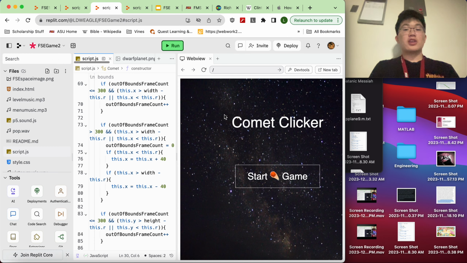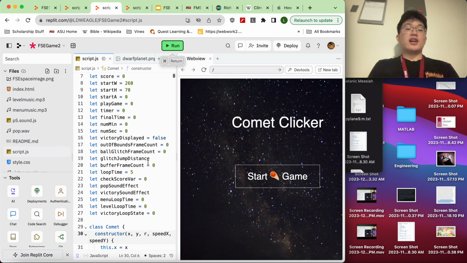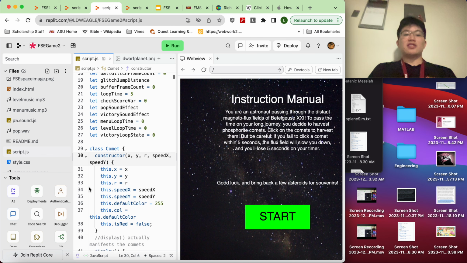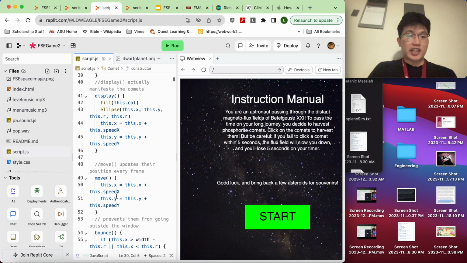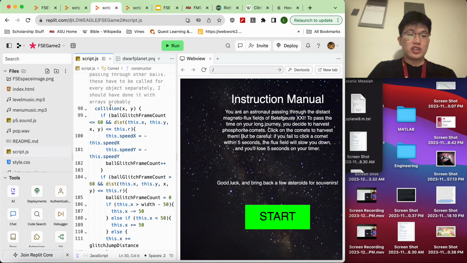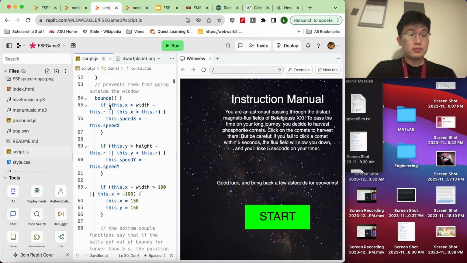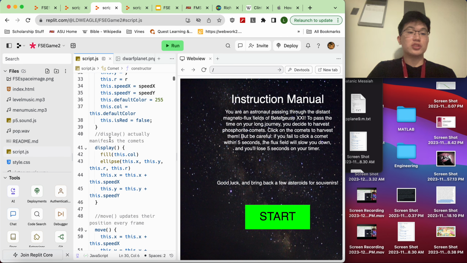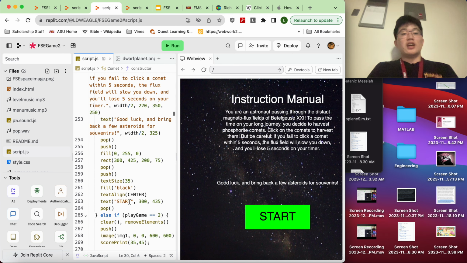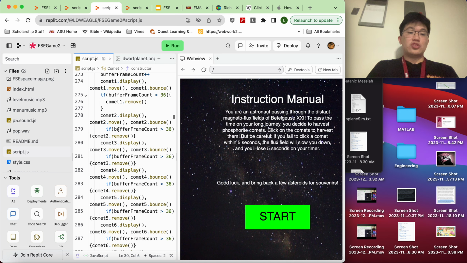Game 2, coded by me and Divyesh. It's based around object-oriented programming, in which objects of the Comet class are manifested, and then they bounce off each other, and that's how it works. So you'll see here the class definition. Collision functions, bounce functions, move functions, display functions, and then there are various things like the instruction page, and we